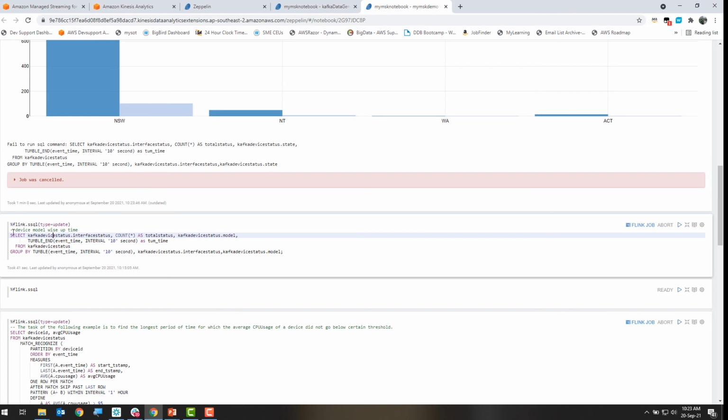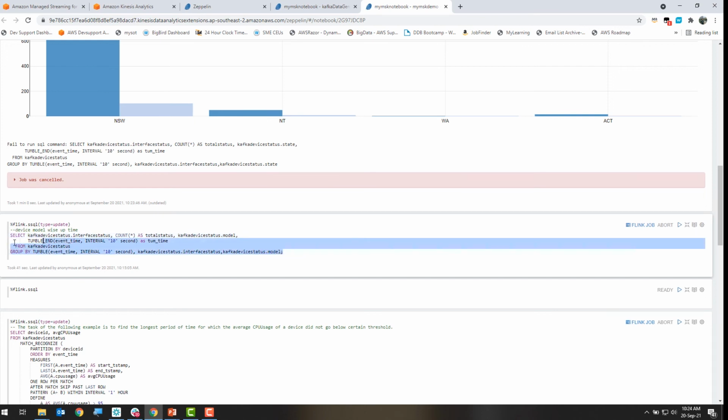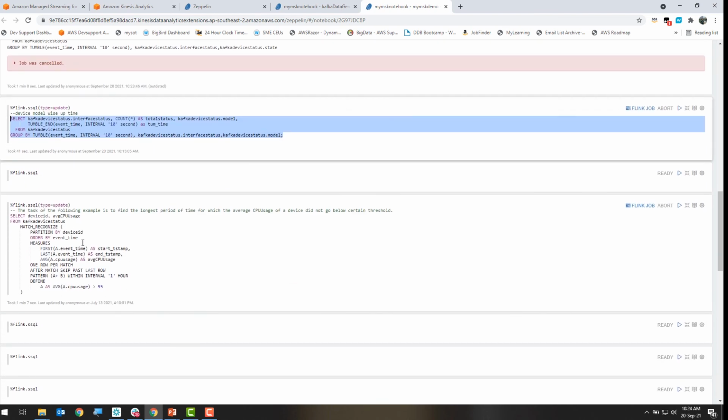For example, like here I'm analyzing device-wise uptime, where I'm grouping by all those information using device model, right? And here is another example where you can run a bit more complex query, like we call it in Flink, pattern recognition.